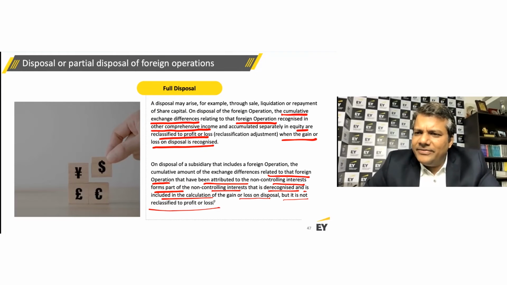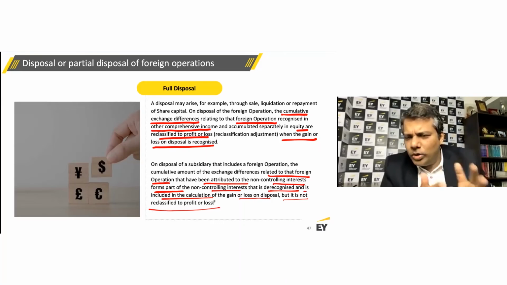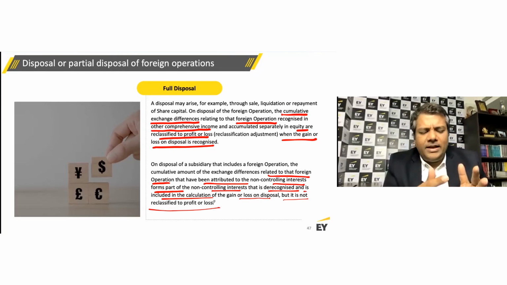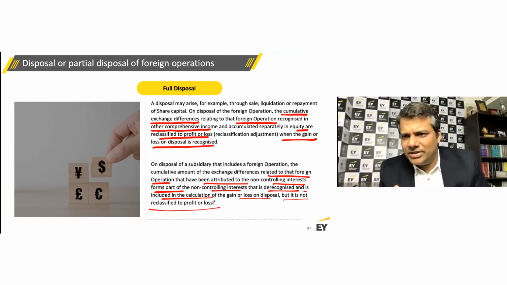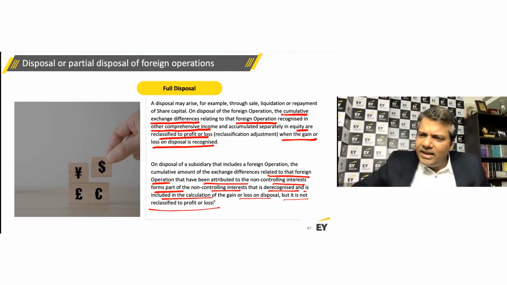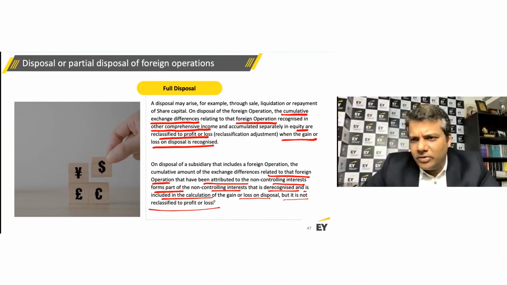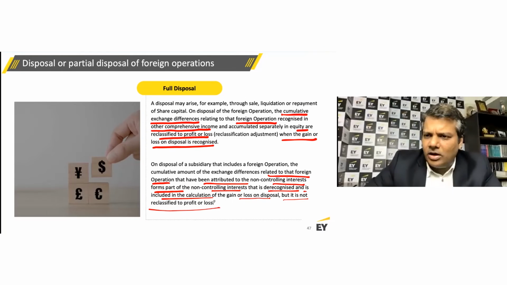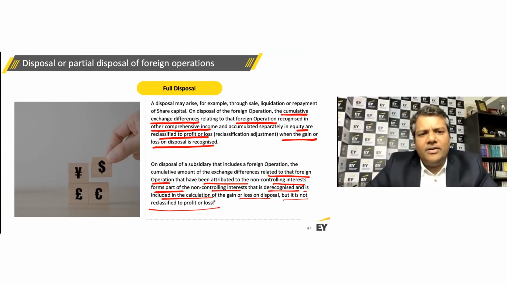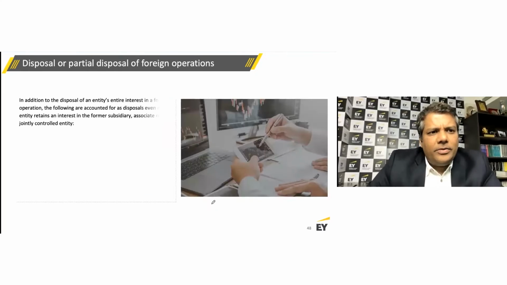So if you have a non-controlling interest in a subsidiary and you dispose of that, then the foreign currency translation result which is allocable to that non-controlling interest gets allocated, and then you do the overall computation of gain or loss on disposal of that foreign operation. Now, if there is a partial disposal